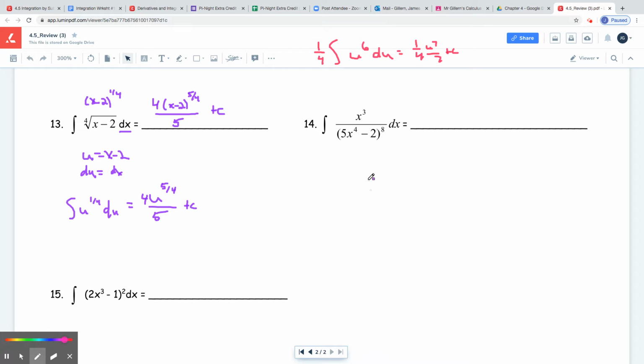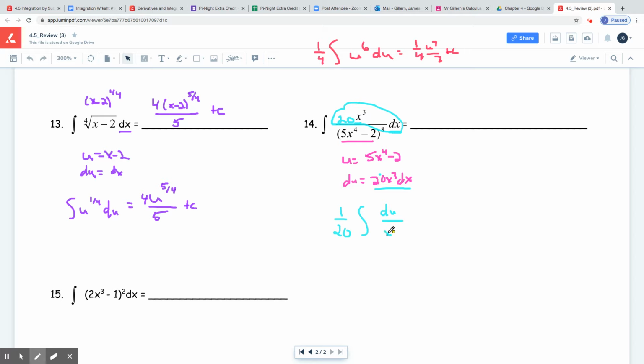Switch colors. Now, 14. Quantity raised to a power, so pick whatever's on the inside: 5x to the 4th minus 2. The derivative of 5x to the 4th is 20x cubed dx. I need to have all of this. I have my x cubed, I have my dx, I'm missing a 20. So I add a 20 to the top, which is 20 over 1, so then I need to write it 1 over 20. All of this is my du